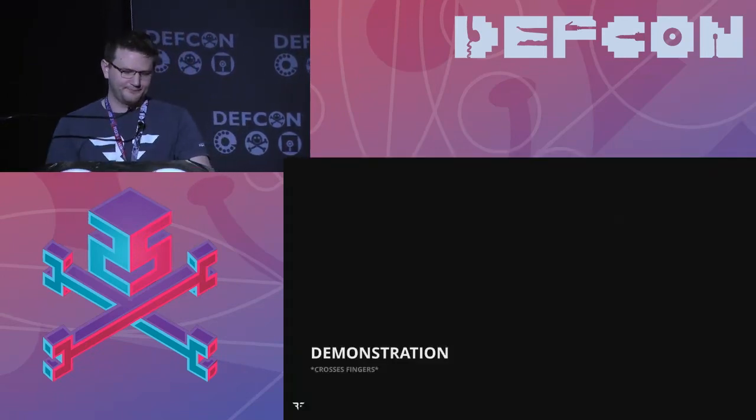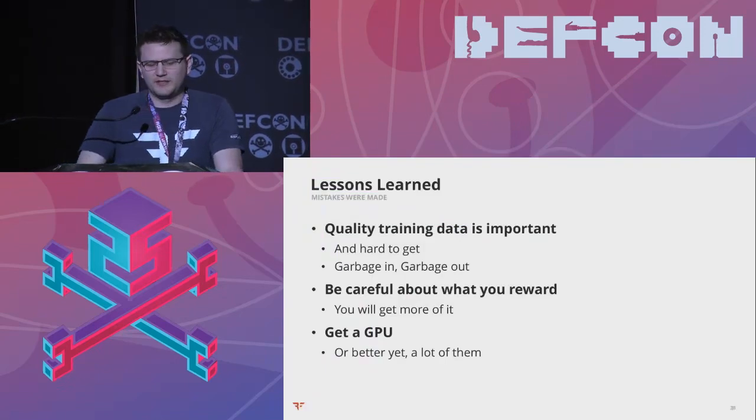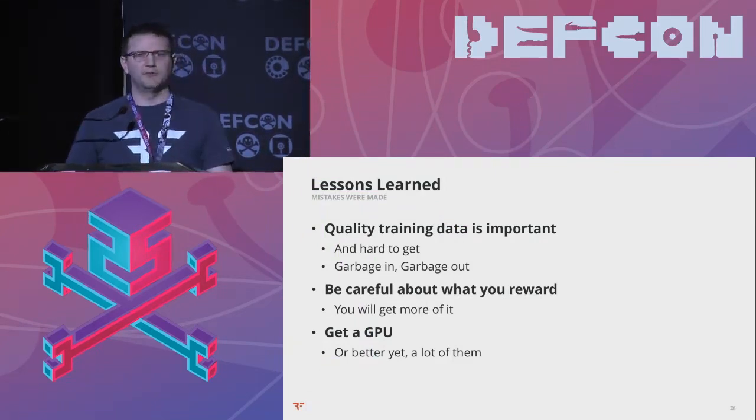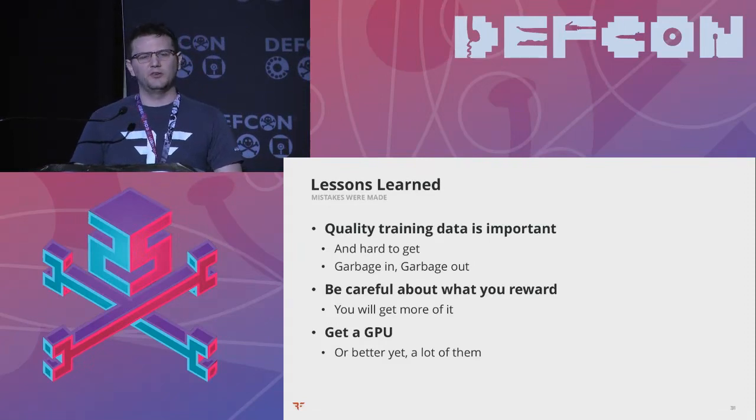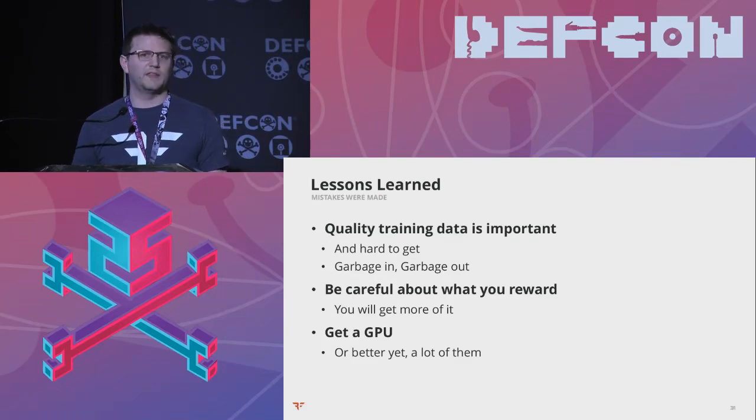So yeah, that was the demonstration. So some lessons learned. It turns out that quality training data is really important. We originally had a couple of ideas about how we were going to gather training data. One of our first ideas was to just scrape the internet for SQL strings, and this actually works fairly well. You can just find open source projects on GitHub that have SQL structures, and a tool can look at that and learn what SQL is, what sort of structures it has, what the kind of terms are. But what it doesn't have a whole lot of are injection strings specifically, so we can teach our bot to speak SQL, but it doesn't know how to inject.